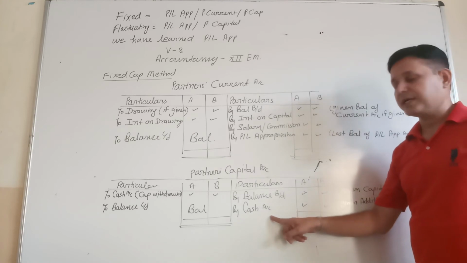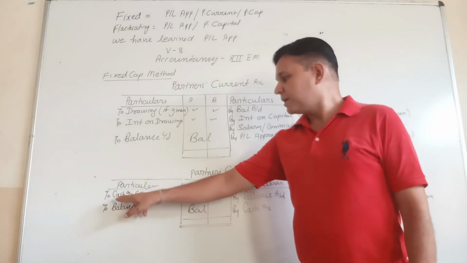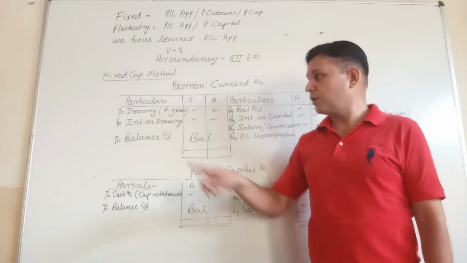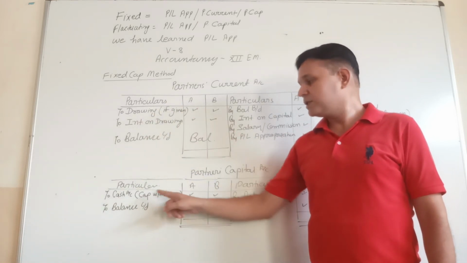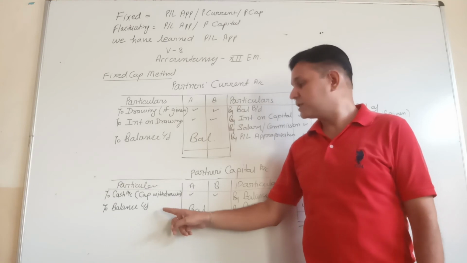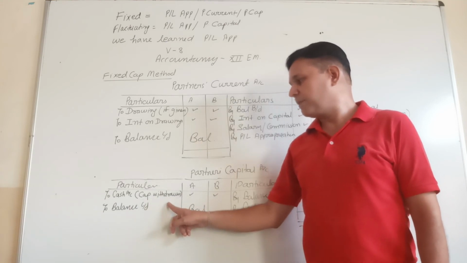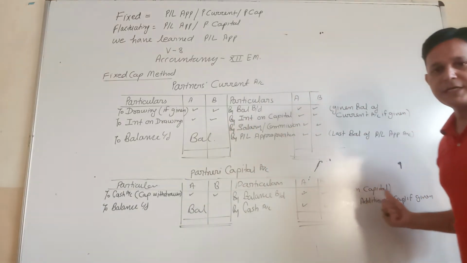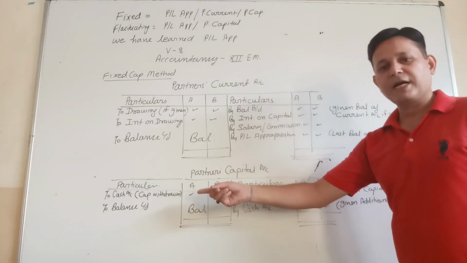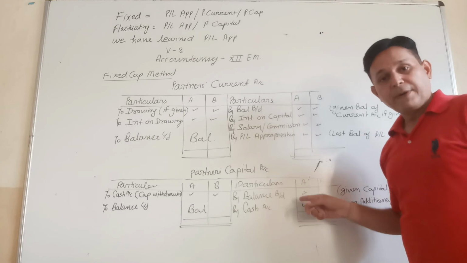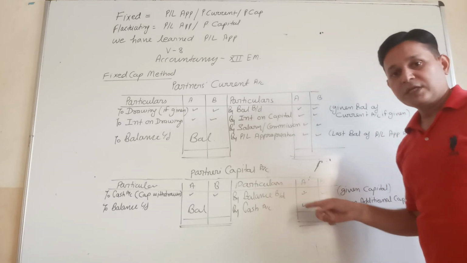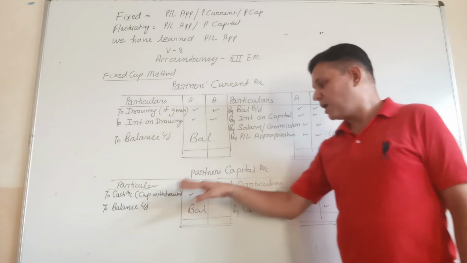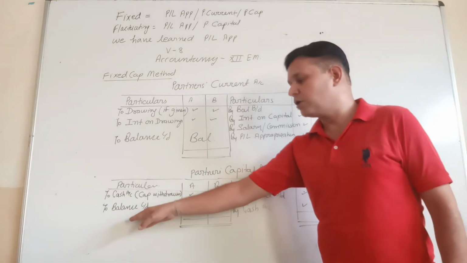If given, then write. If any partner withdraws some capital, note that drawing is different from capital withdrawn. Drawing is written in the current account, capital withdrawn is written here. If capital withdrawn is given, then write it on the debit side of the capital account as to cash. Only 3 items are recorded: 2 items on the credit side and 1 item on the debit side. The 2 credit items are capital and additional capital, and capital withdrawn is recorded on the debit side. Now calculate the balancing figure. It is called your balance c/d.